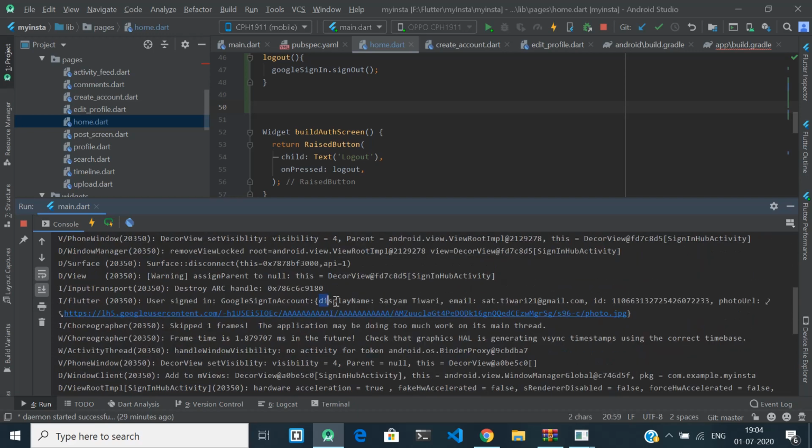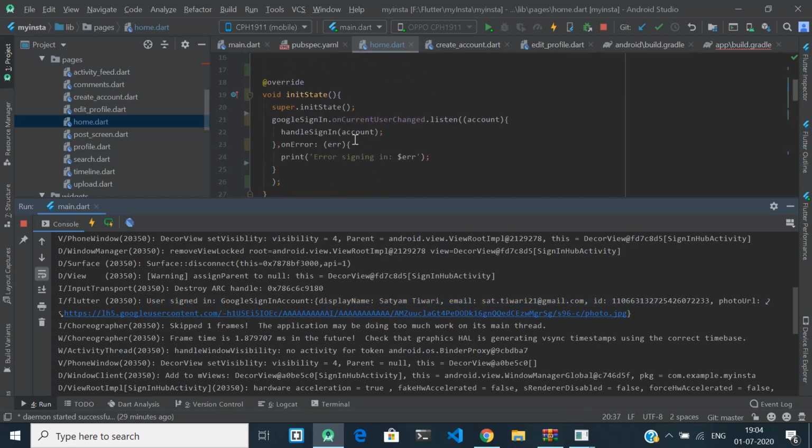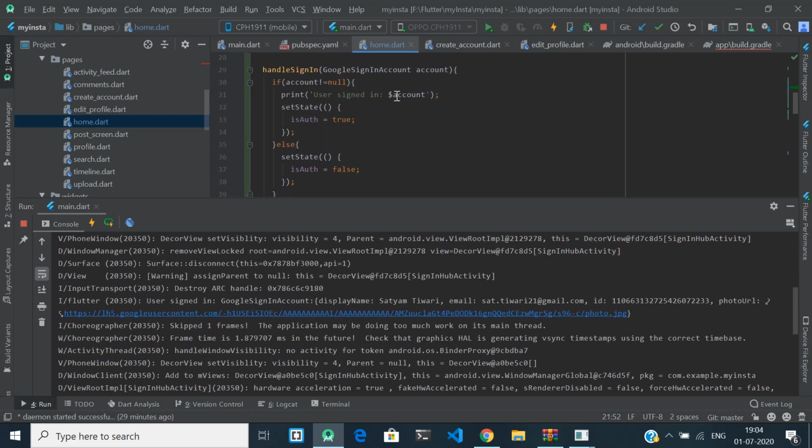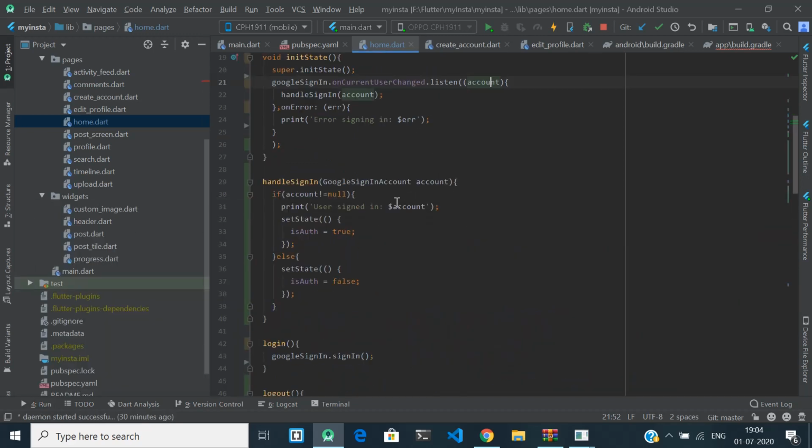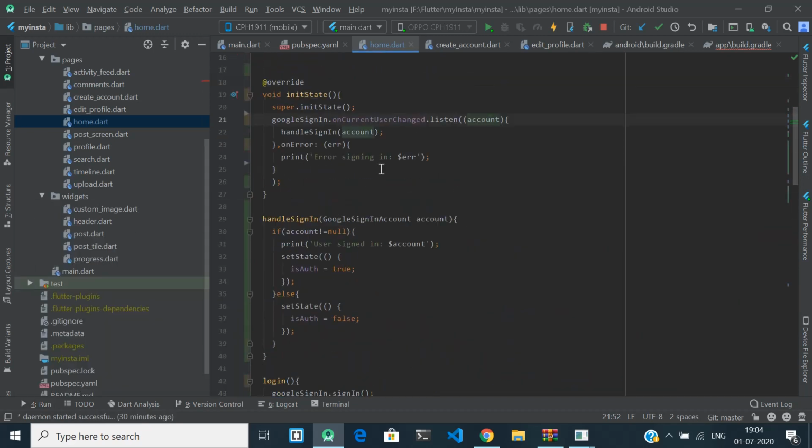See, here we are printing display name as this user signed in account. From where are we getting this? From here. Whenever the user selects an email, he gets the response here, account. We have created a function handle sign in account, and the account part is sent, and after it is sent we are printing user signed in and the details which are in the account object.